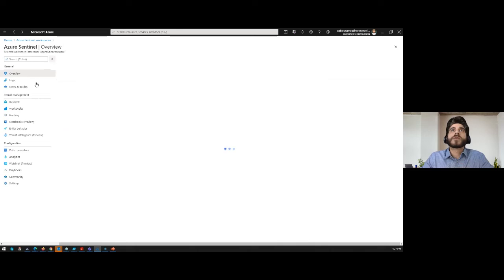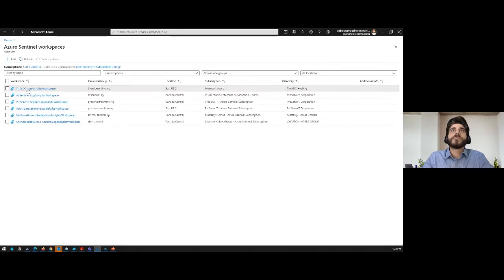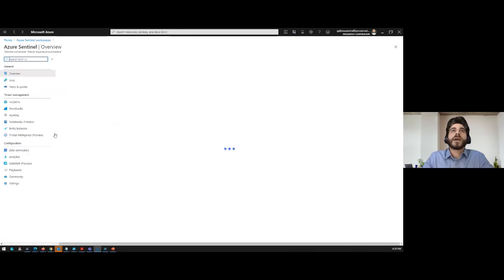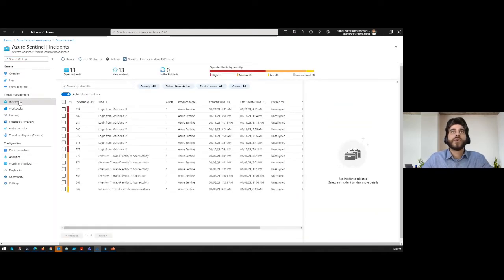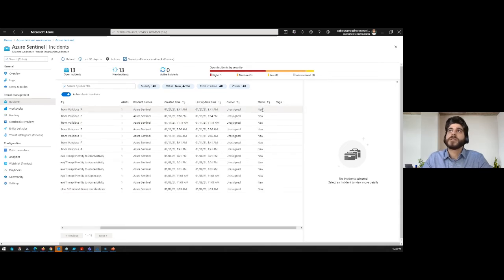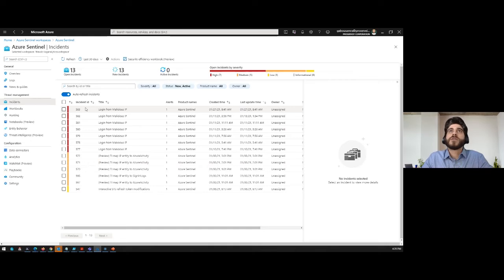Now let's go back to our demo tenant and take a look at that alert that we had generated. If we go to incidents, you can see here that there's a login from a malicious IP. It generated one alert. This is the time. It hasn't been assigned to anybody and it's still a new status. So if I click on that,